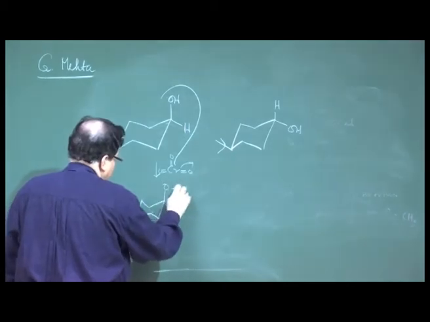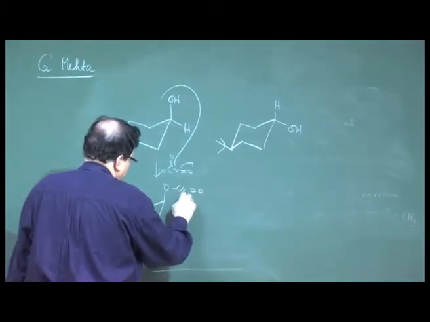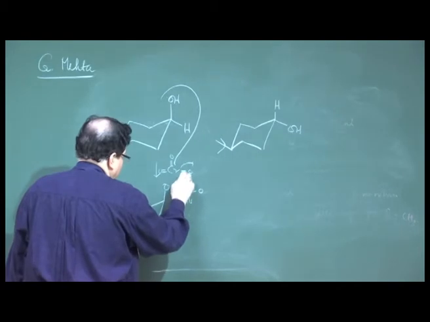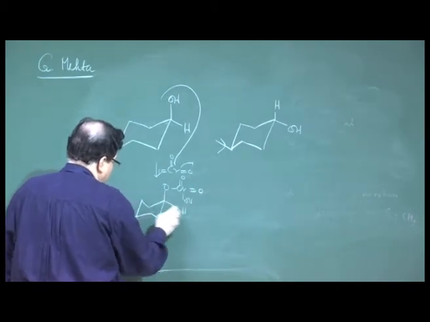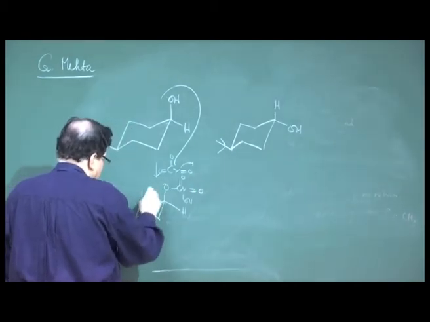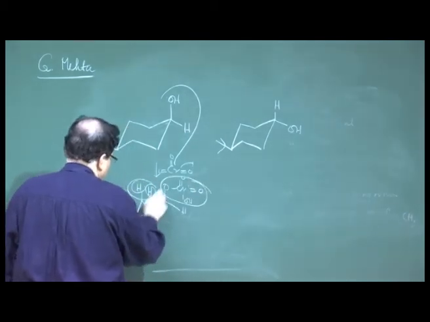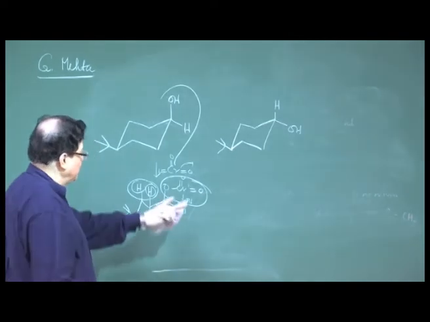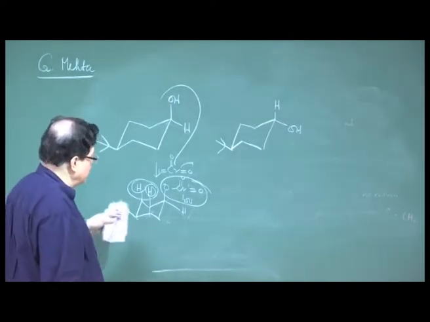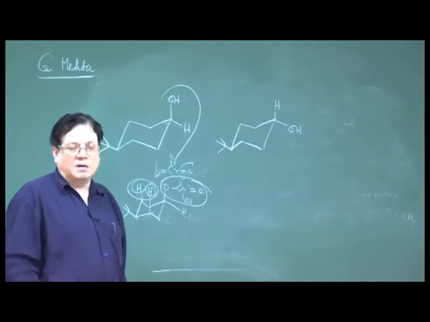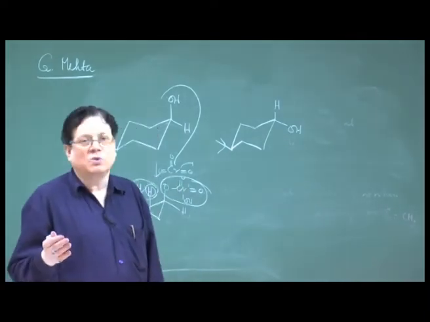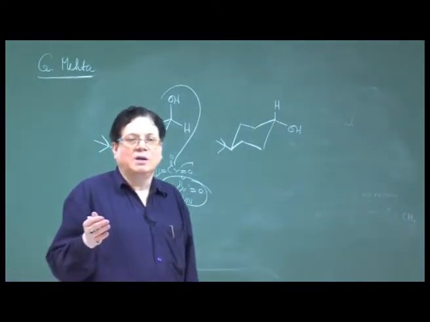The rate determining step is the breakage of the chromate ester. The breakage of the chromate ester releases the steric strain that is associated with the chromate ester and these axial hydrogens. So, decomposition of the chromate ester is the rate determining step, and that is why axial chromate esters undergo faster breakage, and that is why ultimately the axial alcohol